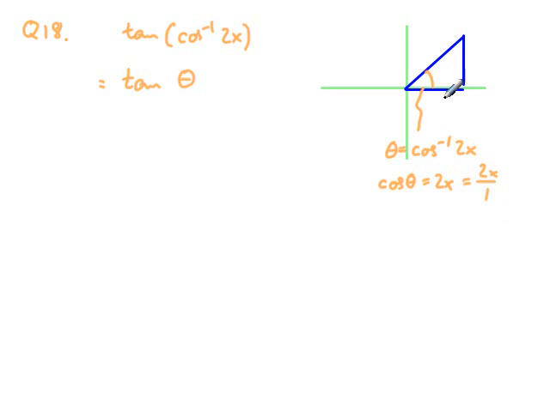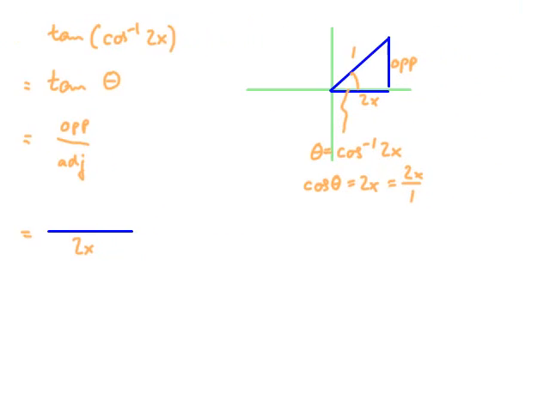Now I can define my triangle as saying that the adjacent is 2x and the hypotenuse is 1. And for the tangent of the angle theta, I have to figure out what the opposite is, and then of course the tangent of theta is the opposite over the adjacent. So eventually I'm going to have something written as, here's the fraction bar, the adjacent I already know, that is 2x, and the opposite here is, well, by the Pythagorean theorem, going to be,